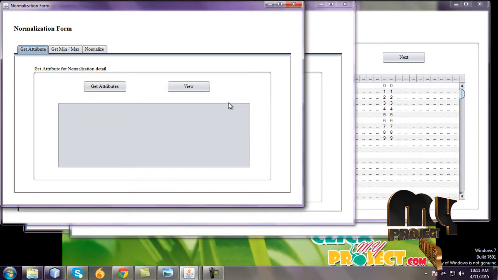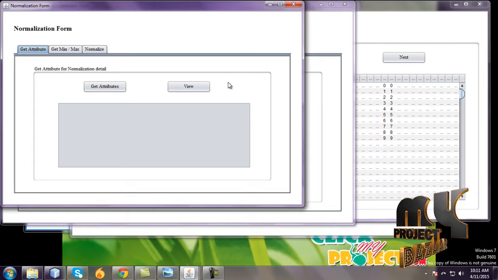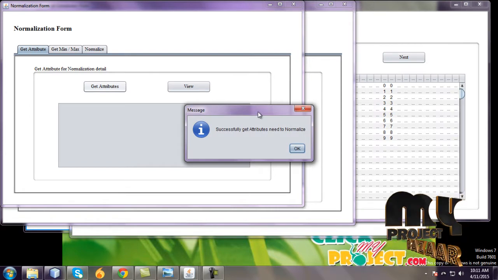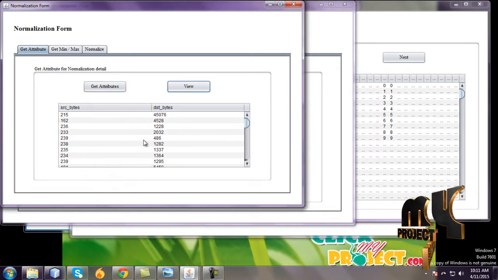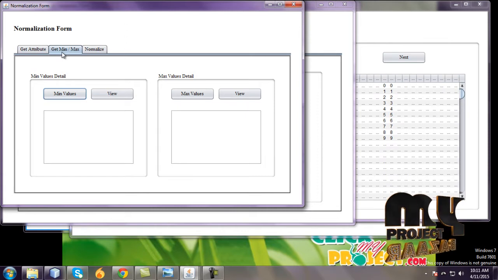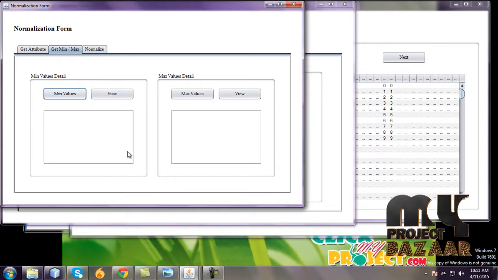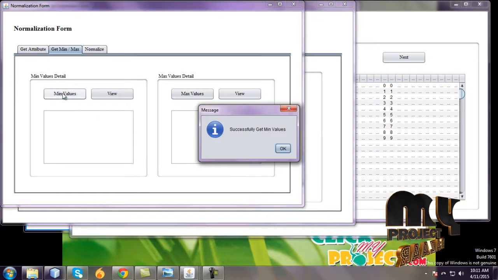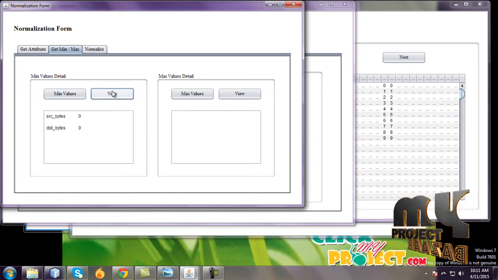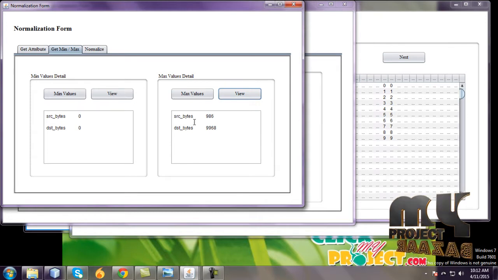Get attributes for normalization details. One is attributes and max-min, another one is normalization. First one is get attributes. The attributes are for normalization. View these attributes. One is source bytes, another is destination bytes, and go to maximum. This one is maximum values. Left side is minimum value details, right side is maximum value details. Get the minimum values. The minimum value of source bytes and destination bytes is 0, and the maximum value of source bytes is 986, and destination bytes is high,